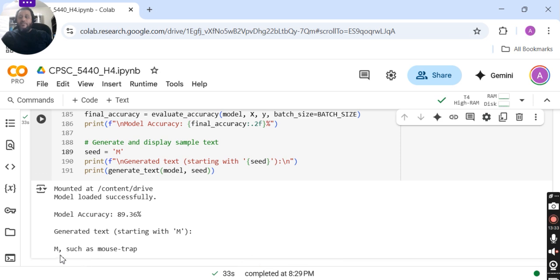So this is one M. It didn't find anything after that, and then "mouse trap". This is quite meaningful, except for this one letter.